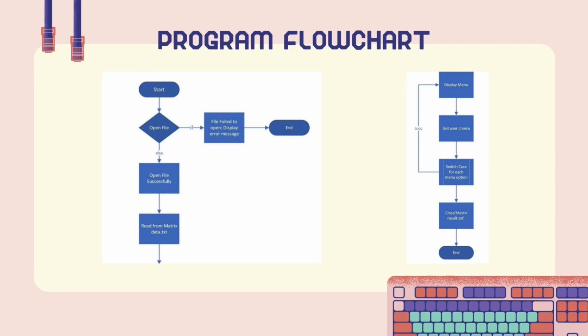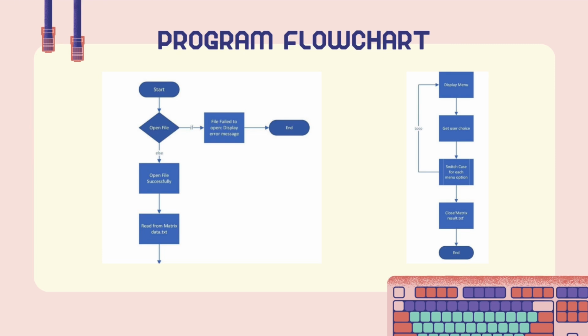Okay, so next, for the else condition, let's say if the file is perfectly successful to use, then the else condition will notify us to continue to the next step. So once it's successful, the file is open, the program reads data from matrix data and it will pass through to display menu with multiple options for the user to choose. Once the options are chosen,